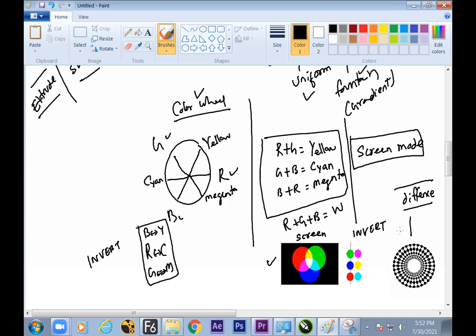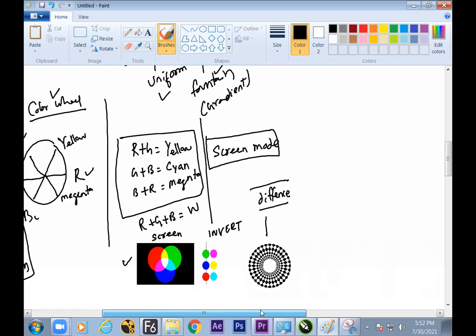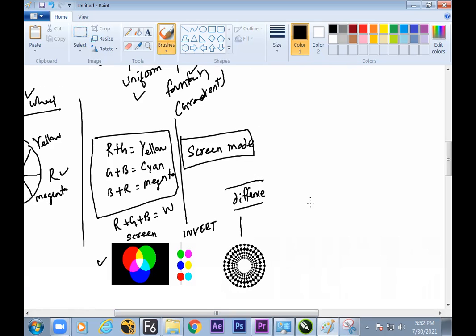White minus white turns into black. But it is not only white color we will always be using, it may be any color. Then what is the math inside the difference mode? In the difference mode, the present RGB value will be compared with the screen RGB value. And the difference between them is what will come onto the screen. It happens in all the channels together.